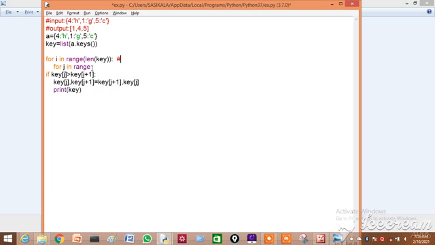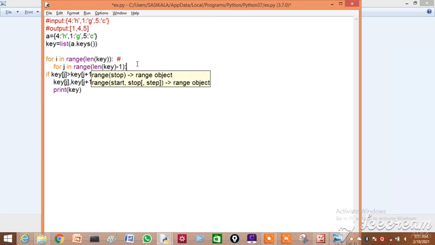For comparing with the other elements, I am using this for loop. How many times does it have to compare? 2 times. So the range is length of key minus 1.